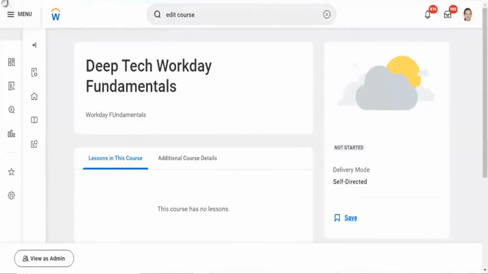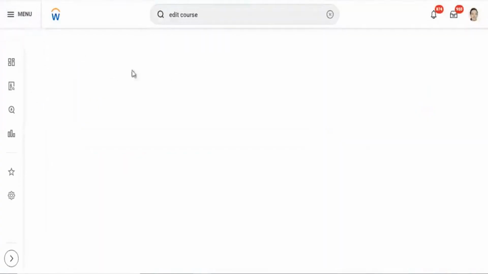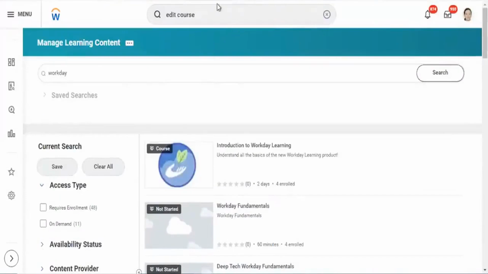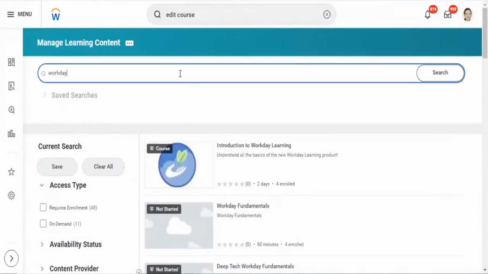I think this course does not have the enrollment option, meaning that the checkbox which I told you was unchecked for this one. Business course.